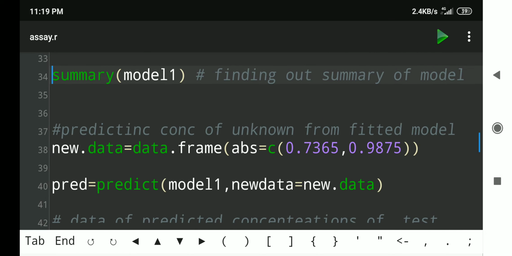Okay. Now from this model we have to predict the data of the unknowns. For that we are defining a data frame, new.data, this is the name of the data frame, is equal to data.frame. This is the function to define a data frame, we have seen that, and there we are providing the absorbance of the unknown samples. Two unknown samples we have measured here. We have the absorbance of those, and we have placed them in the vector c in brackets: 0.7365, 0.9875. We have to find out the concentration from these absorbance values. Therefore the variable name is absorbance here, and this is for prediction, and we are storing the predicted values in this pred